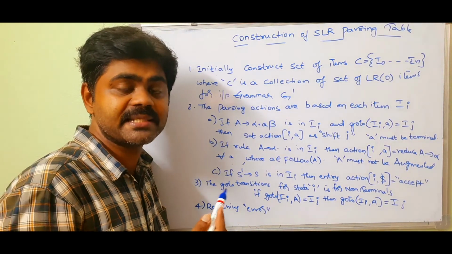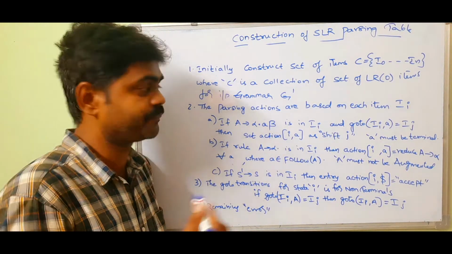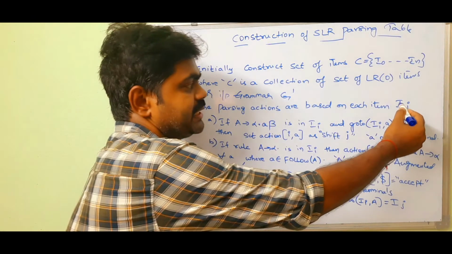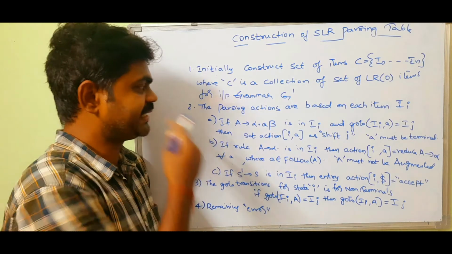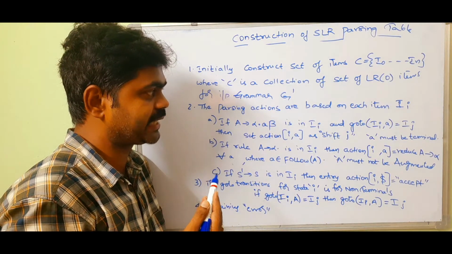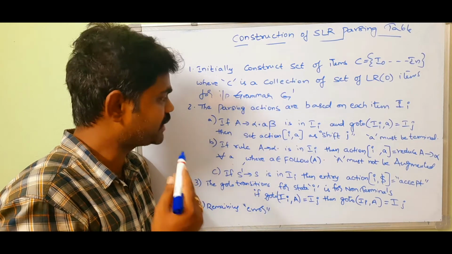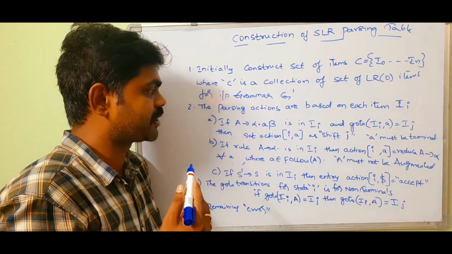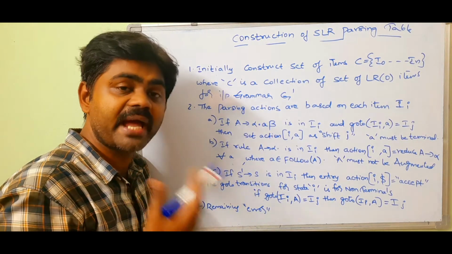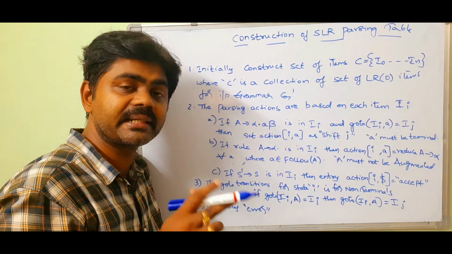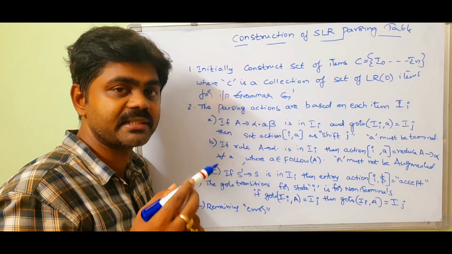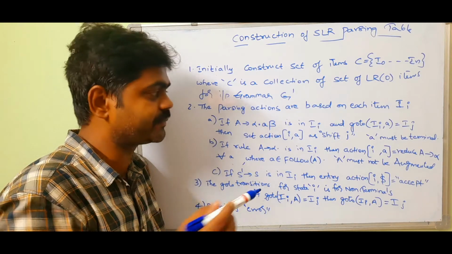So our parsing table, as I said, consists of action and goto. The parsing actions are based on each item Ii. So if A tends to alpha dot a beta is in Ii and goto of Ii comma a equals Ij, then set action of i comma a equal to S j, that is shift j. For example, if it is 5, that is S5, where S stands for shift,